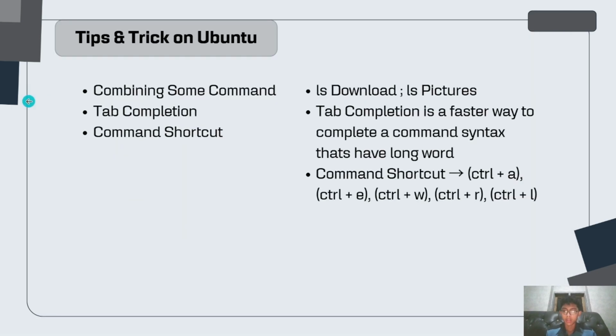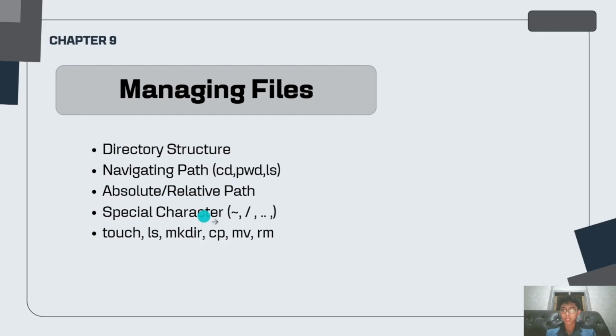And the next one is absolute and relative path. So for the absolute, if you want to open some directory, you have to type it from the first directory, from the first structure, which is from /. But for the relative, it is from the directory that you are in. So for example,